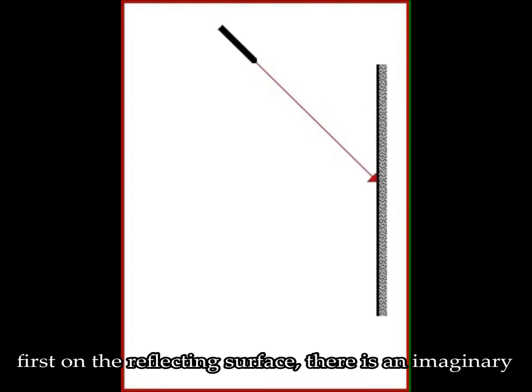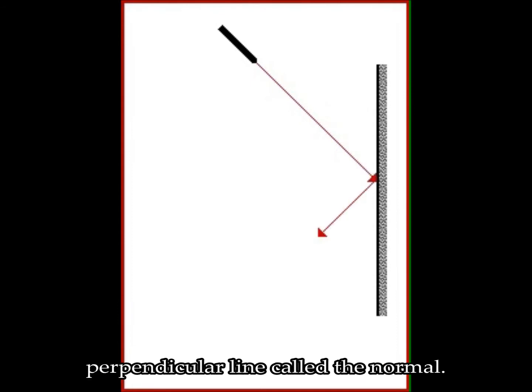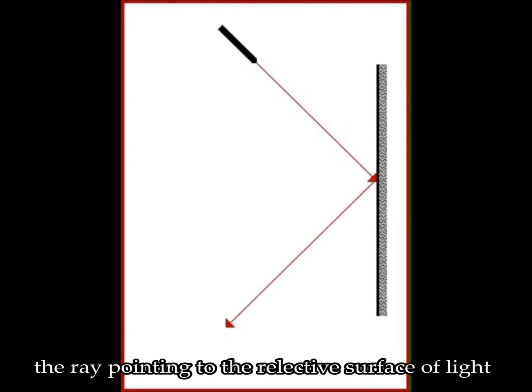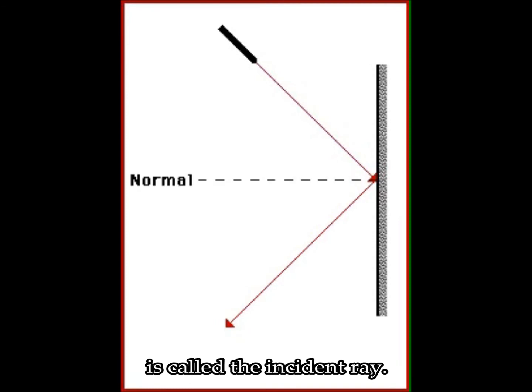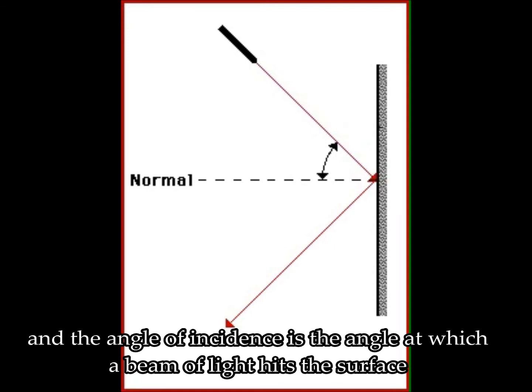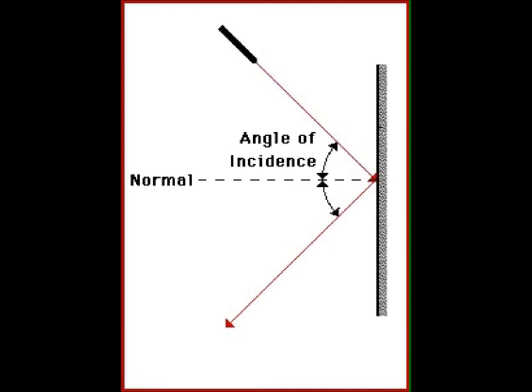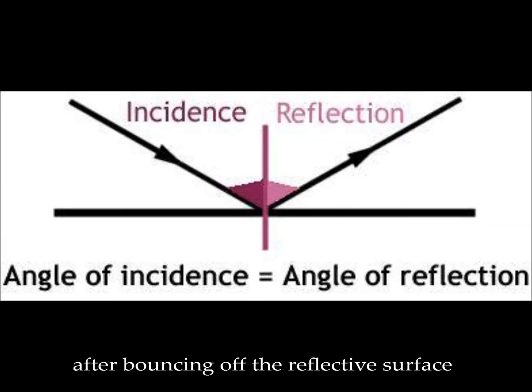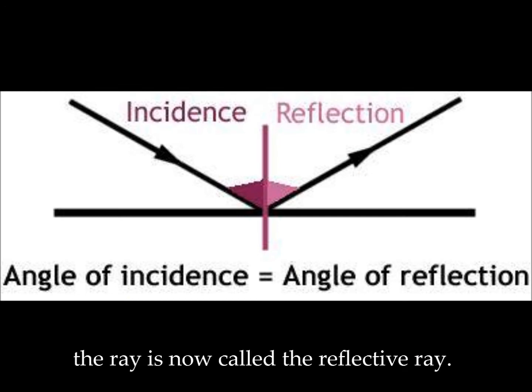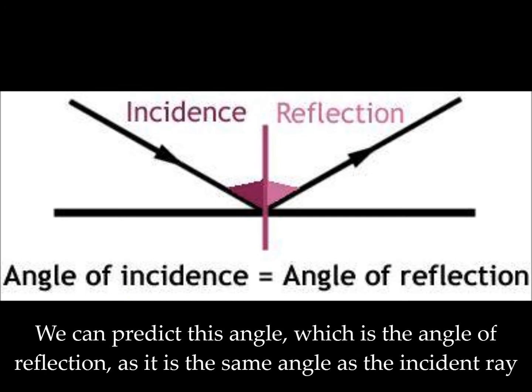First, on the reflecting surface, there's an imaginary perpendicular line called the normal. The ray pointing to the reflective surface of light is called the incident ray, and the angle of incidence is the angle at which a beam of light hits the surface. After bouncing off the reflective surface, the ray is now called the reflected ray. We can predict its angle, which is called the angle of reflection, as it is the same angle as the